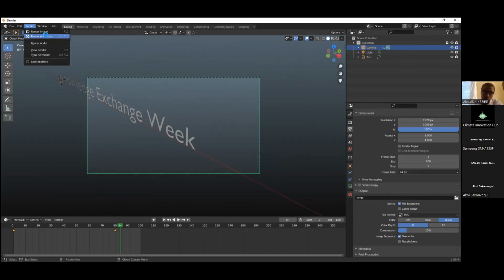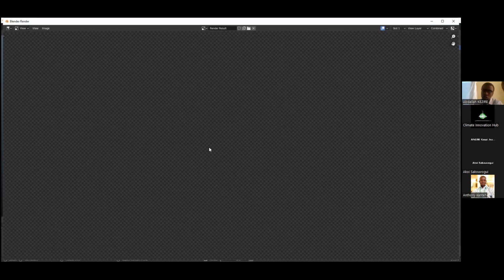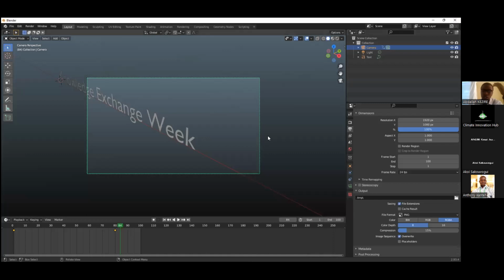When you start the rendering, it will render the animation. But actually, that's not what I would like to do. I would just like you to understand how to manipulate your objects in 3D. And if you successfully achieve that, you can manipulate it as much as you want. The software will not be dark for you.